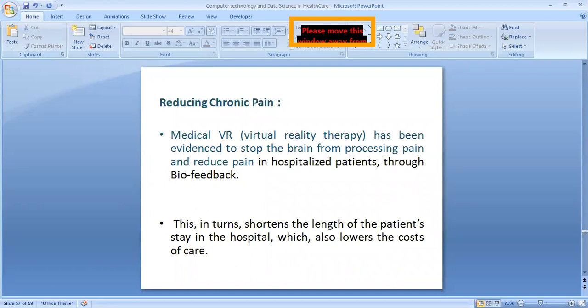Again, it is dependent on the feedback mechanism that is going to get motivated because of the environment that we provide. It may show variations in the benefit depending on the confidence level and the feedback provided by the individual patient's body. But overall, it has been found very useful in reducing chronic pain, so that their return back home is faster.